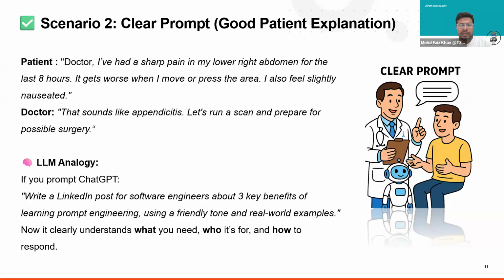So scenario two, we have clear prompting. The same example, a conversation between the patient and the doctor. If I explain my problem to the doctor in detail, like, doctor, I have a sharp pain in my lower right abdomen for the last 8 hours. It gets worse when I move around the area. I also feel slightly nauseated. So it means the doctor will relate to what exactly the problem is. So the doctor will say, that sounds like appendicitis, let's run a scan and prepare for possible